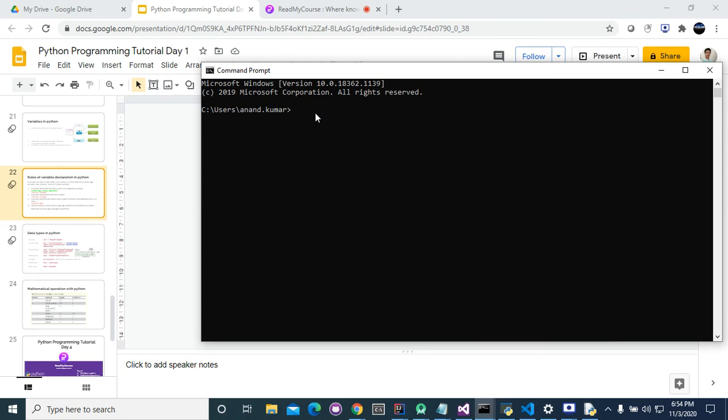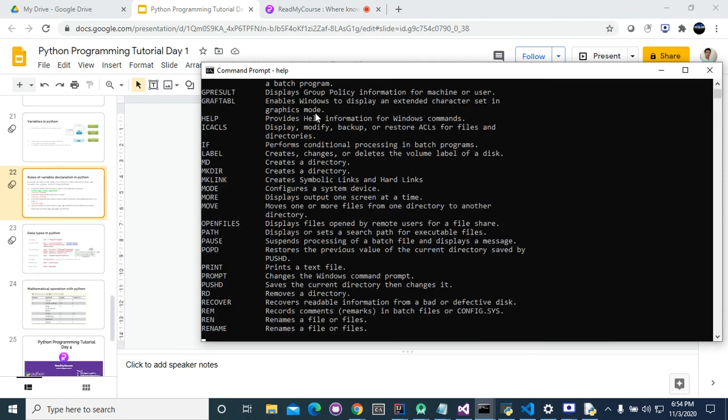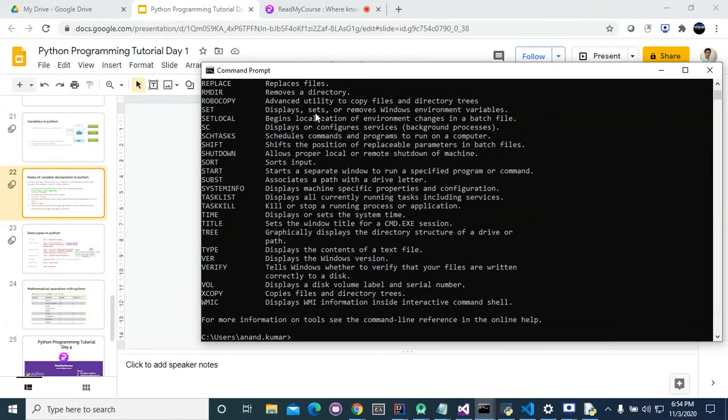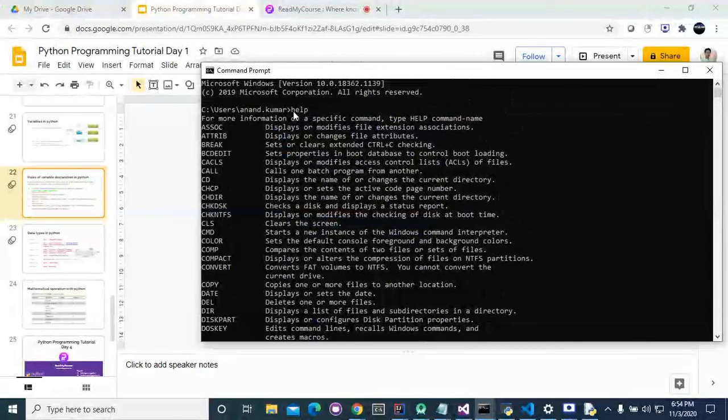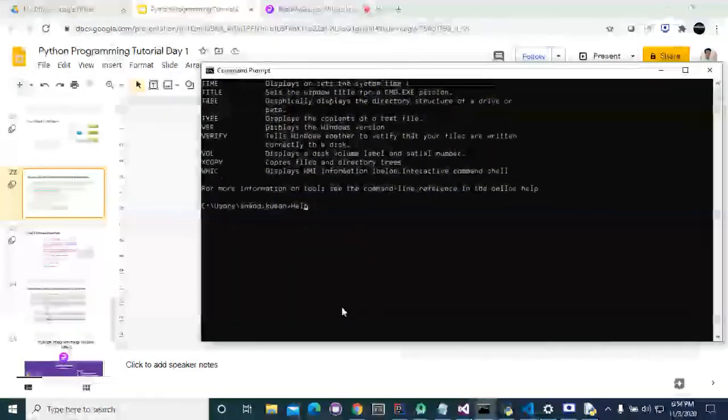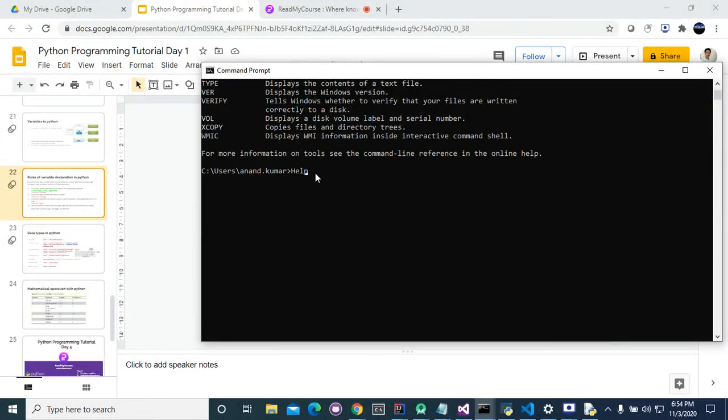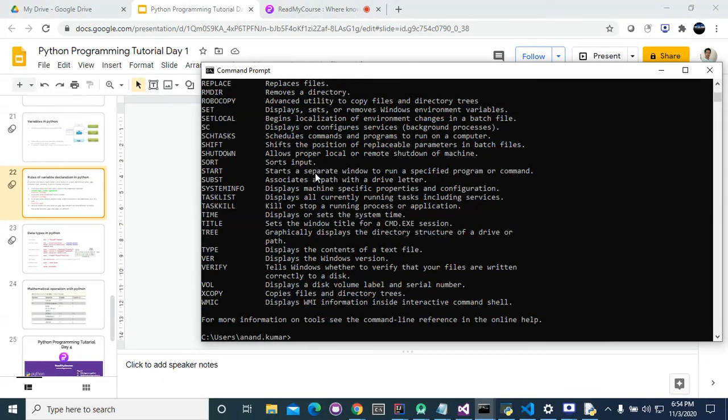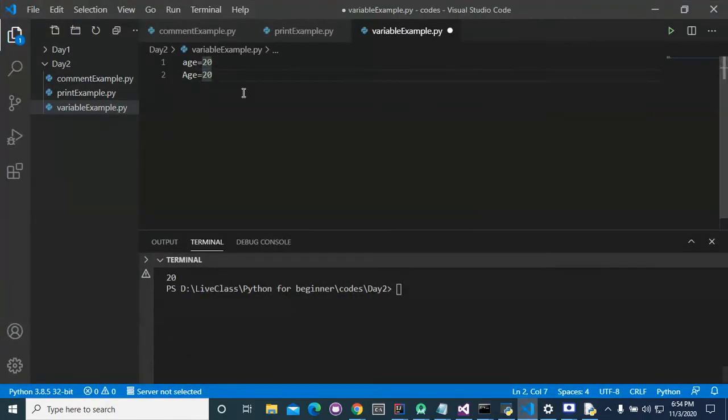This is case insensitive. If we write help, we get the result. Previously we wrote small help, and here we are writing capital Help, same result. It means that it is not case sensitive, and Python is case sensitive.